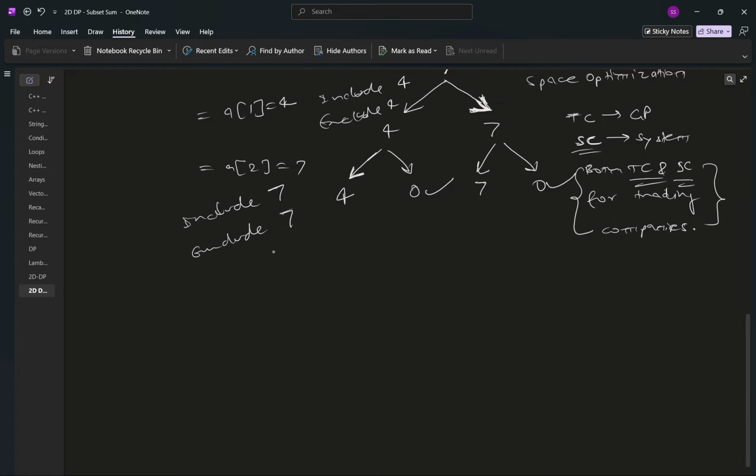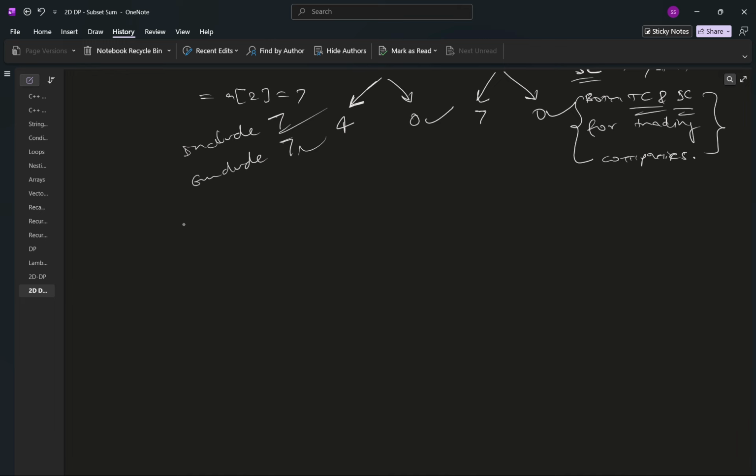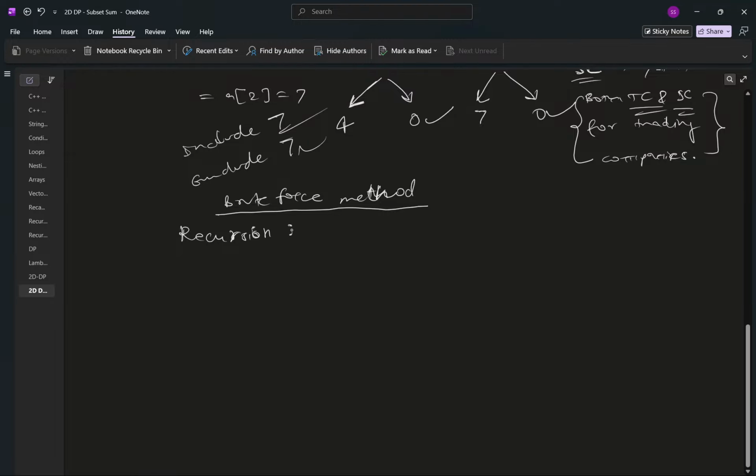So it was include 7, exclude 7. Now we can write first the recursive code. So basically we'll be first writing the recursion code, which is the brute force method, you can say. So this is our brute force method. Well, brute force method is the worst method that you can use in competitive programming, but sometimes since constraints are small, you can use brute force method if you need. So first we'll have